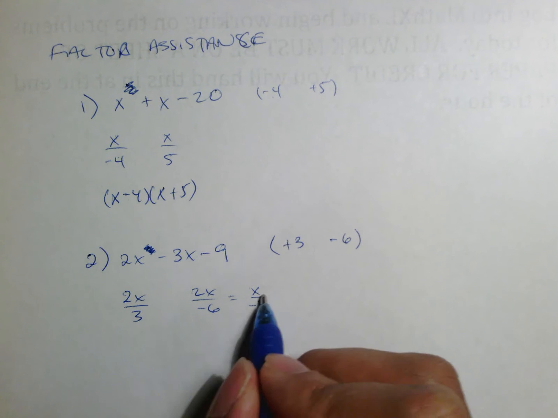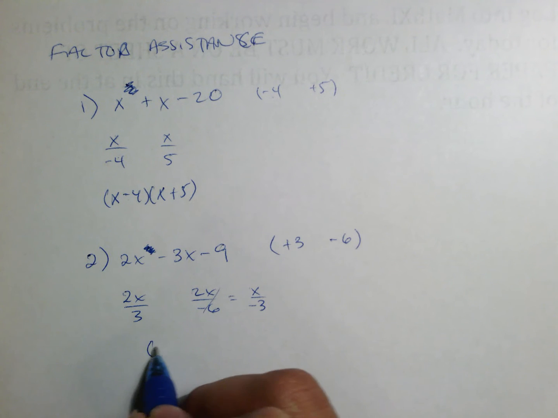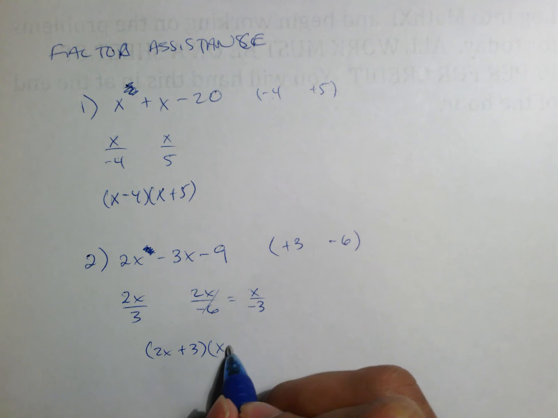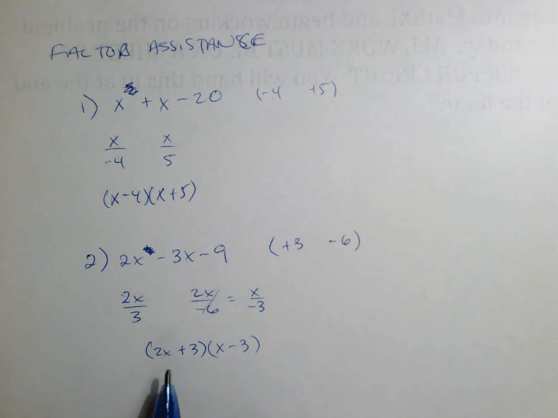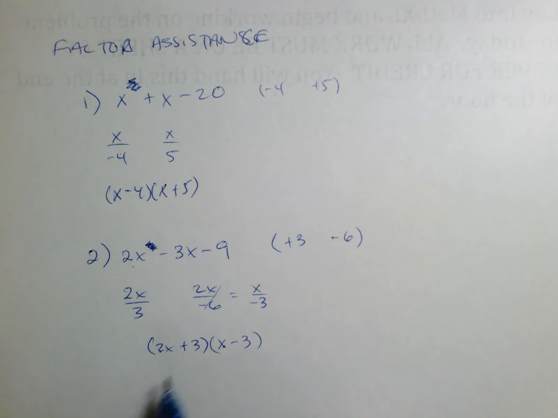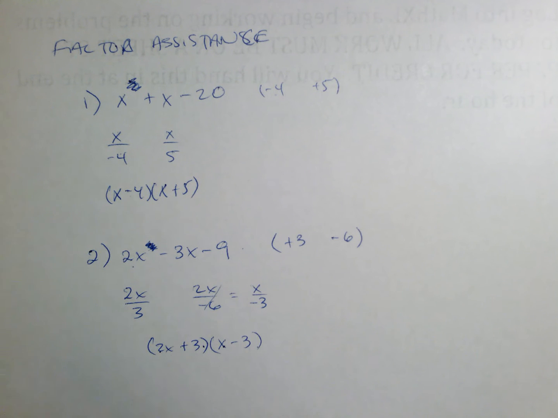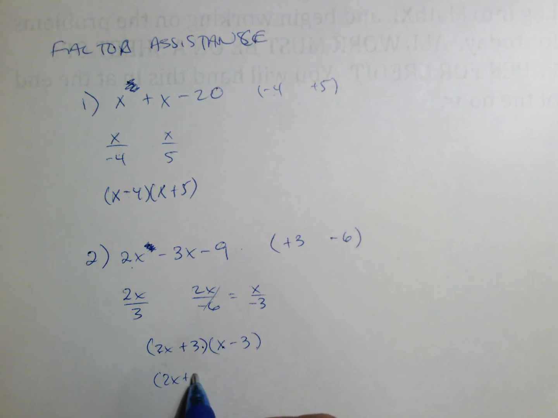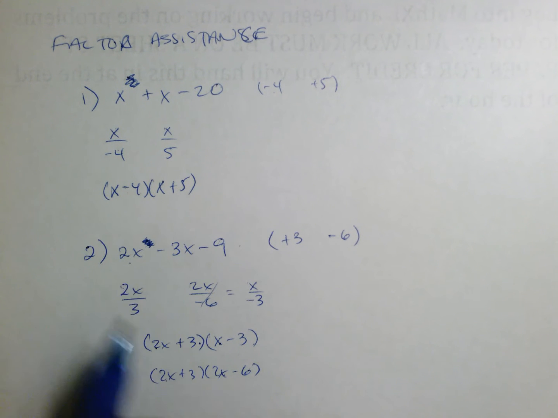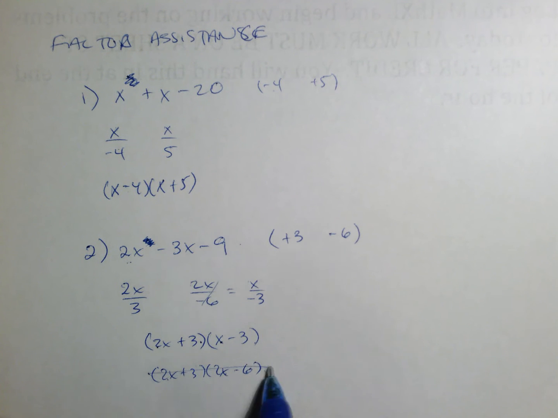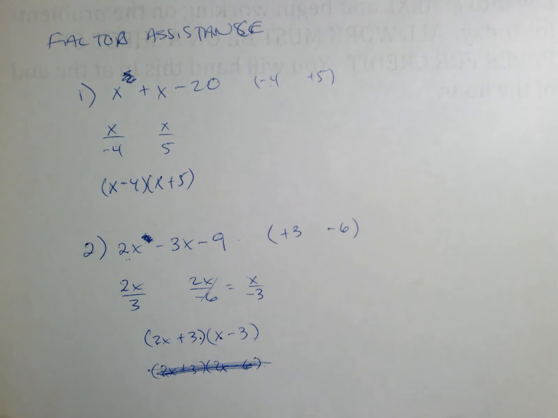From there, now that you have this reduced, you simply put this one in parentheses, 2x plus 3, and the other one as reduced form, x minus 3. Now the easy way to check that is that 2x times x is 2x squared, which is what it's supposed to be, and that 3 times -3 is -9. That's how you know you reduced it right. Because if you would have accidentally put 2x plus 3 and 2x minus 6, once you go to check that, 2x times 2x is actually 4x squared, and 3 times -6 is actually -18, so you would know that something was off. Alright,